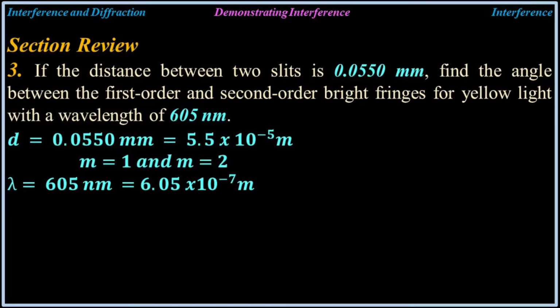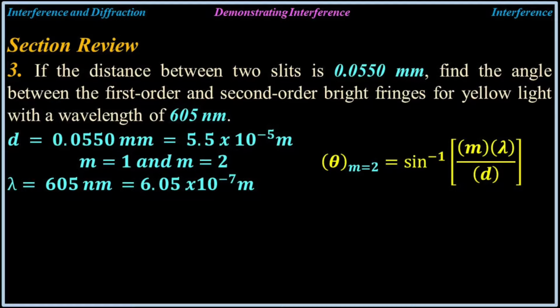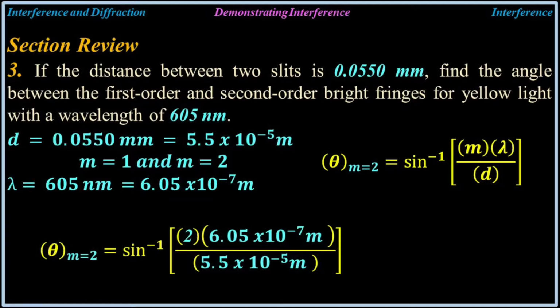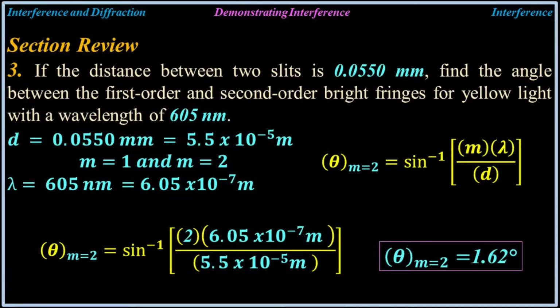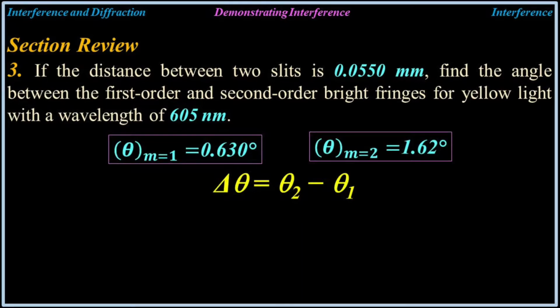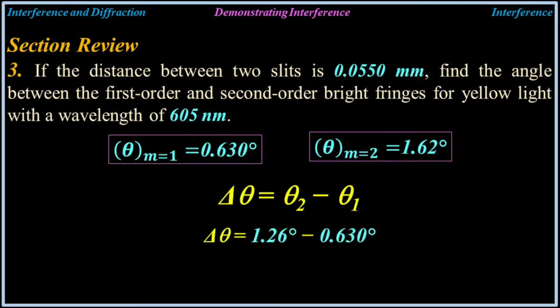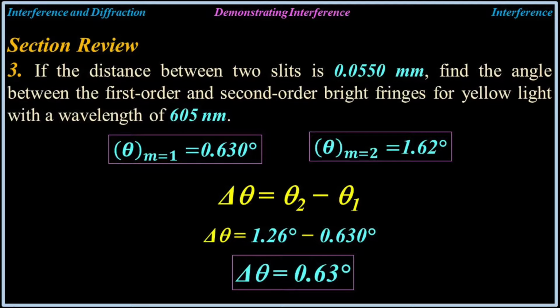And now for m equals 2, again, you want to list the new equation. The simple difference is that the m is going to be 2, so I put a subscript m equals 2. Same data except for the 2. So this will be 1.62 degrees. So the change in theta will be theta 2 minus theta 1, which will be